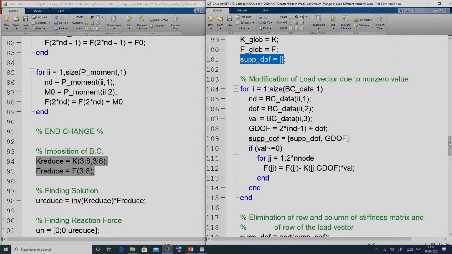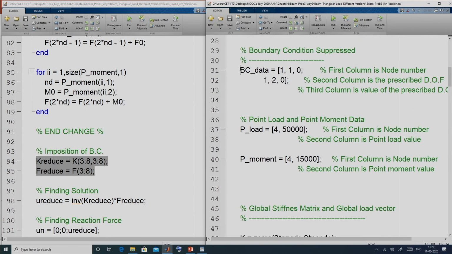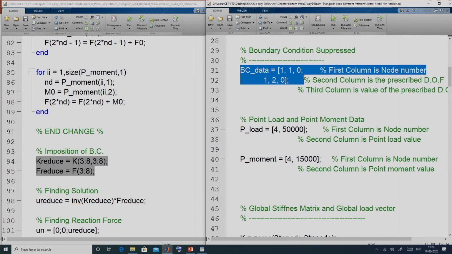Now, here this suppressed degree of freedom consists of the array of the degree of freedom numbers which are prescribed. So, we first create a new input data, that is this BC data. So, this boundary condition data, where the first column is the node number, second column is the prescribed degree of freedom for that node.